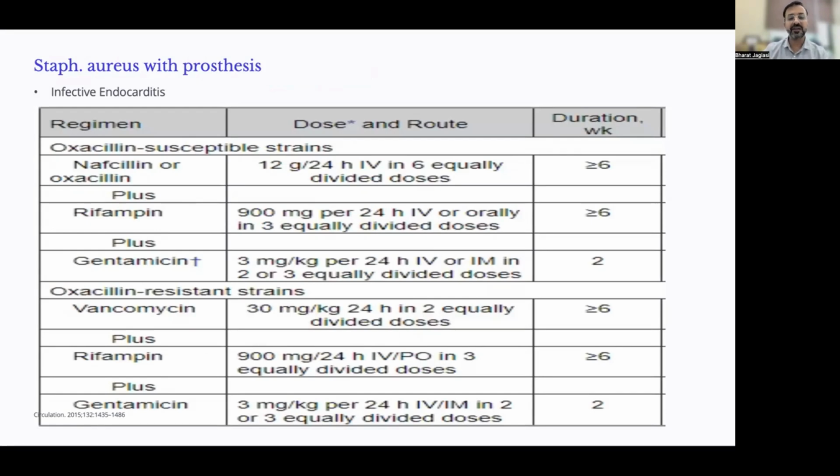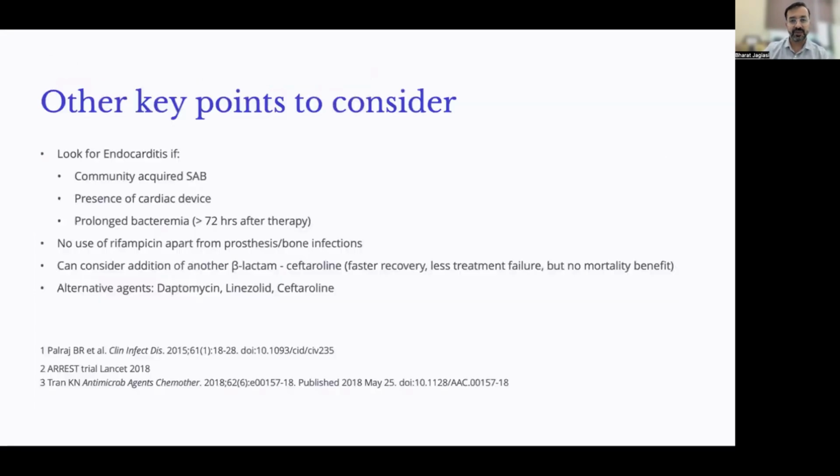And for the oxacillin resistant strain, we can use vancomycin plus rifampicin plus gentamicin. Other key points to consider to look for endocarditis: if there's a community acquired Staphylococcus aureus bacteremia, presence of cardiac device, a prolonged bacteremia of more than 72 hours in spite of appropriate therapy, and no use of rifampicin. We can't be using rifampicin apart from prosthesis and bone infection, and can consider addition of another beta-lactam, ceftaroline,